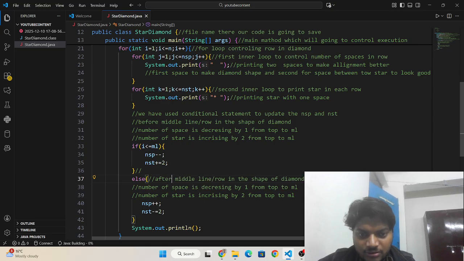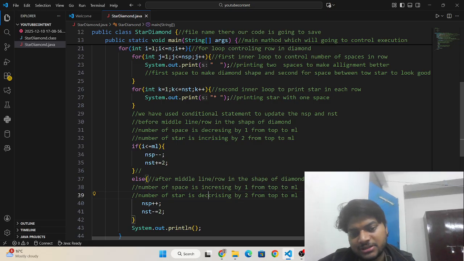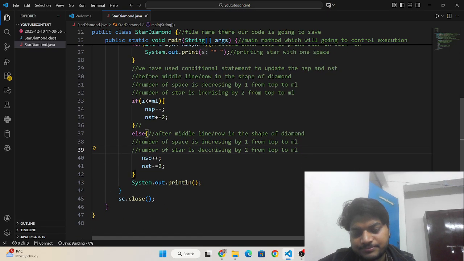After the middle line or row in the diamond shape, the number of spaces is increasing, and the number of stars is decreasing by 2 from top to bottom, and the number of spaces is increasing by 1.